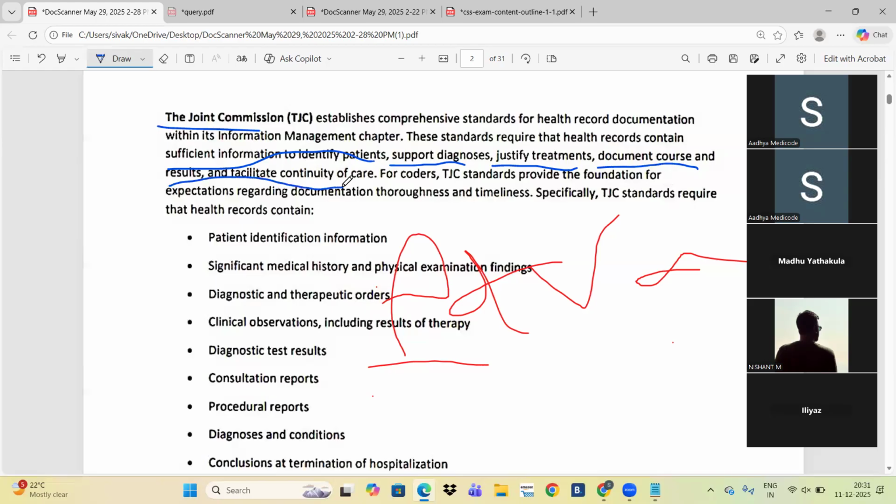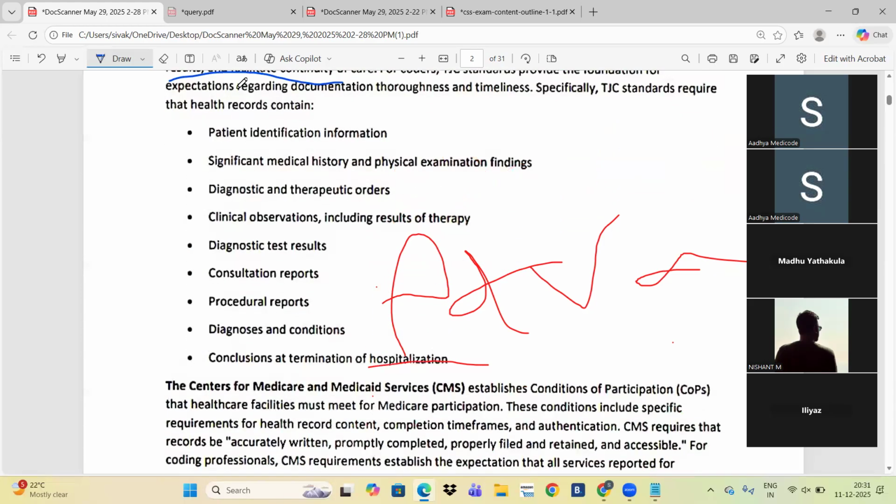Okay, these all we need to check. So, what are the things you need to check in the document? Patient identification information like patient name, number, then significant medical history, H&P, diagnostic and therapeutic orders, clinical observations, diagnostic test results, consultations, procedures, diagnosis and conditions, conclusion of treatment or hospitalization, discharge summary.